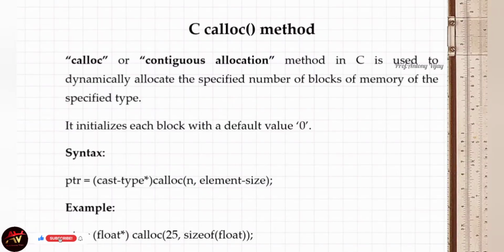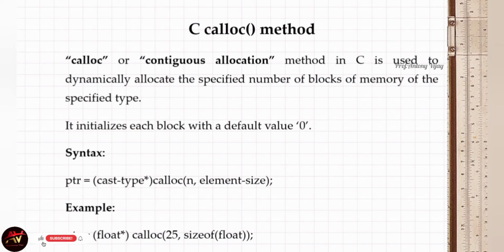Next we are going to discuss the calloc method. calloc means contiguous memory allocation. It will allocate memory in an ordered way. Here initialization is possible, the index value starts with 0, and at the same time a separate memory block will be created for all the elements. In calloc there are two parameters, whereas malloc takes only one parameter.